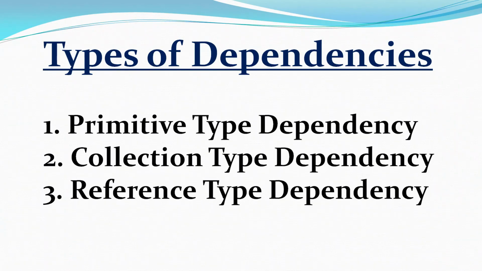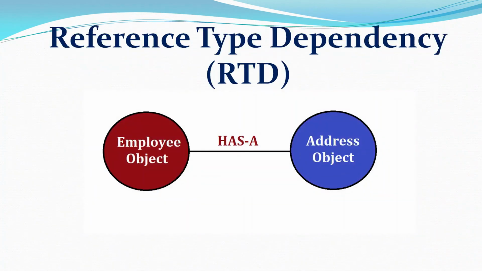First of all, we can understand what is has a relation in Java. See, here the address class is there as well as the employee class. I am using the address class in the employee class, meaning using one class or interface as a data type and creating a variable in another class is called has a relation. Every has a relation is known as a reference type dependency. We can understand clearly by implementing the application. Let's move to Eclipse IDE.